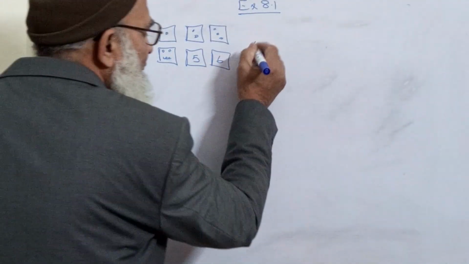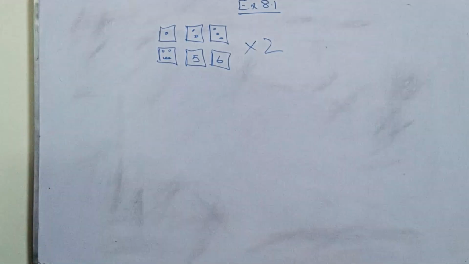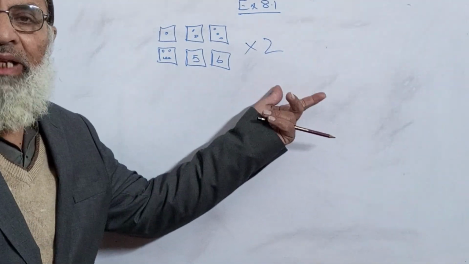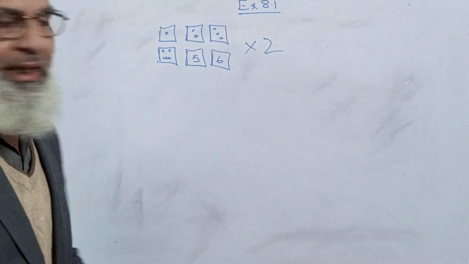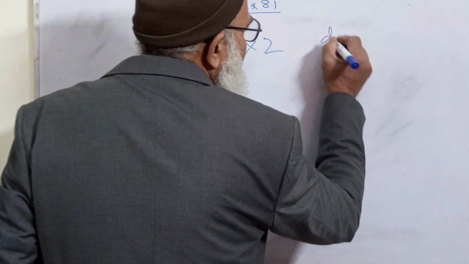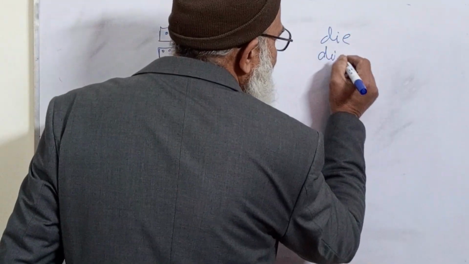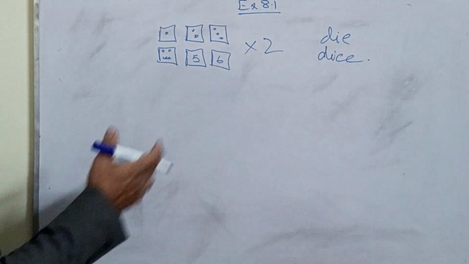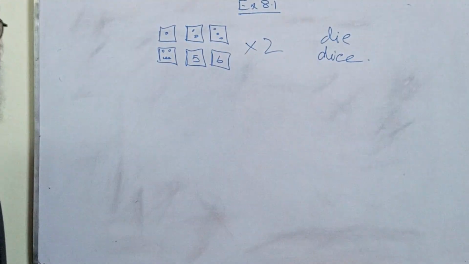And we have 2 dice. Die is singular, and dice is the plural. When you roll 2 dice together,